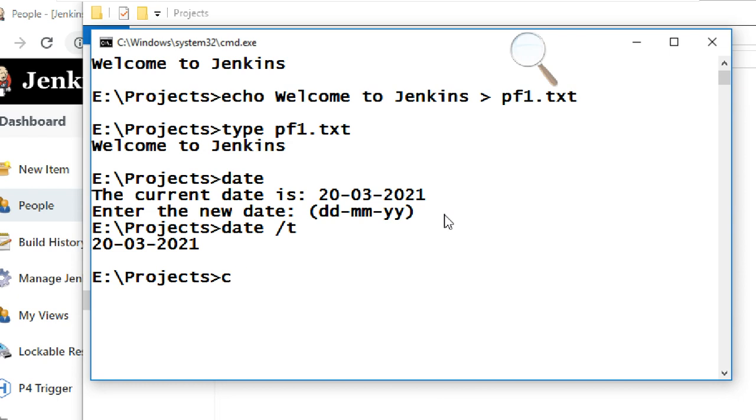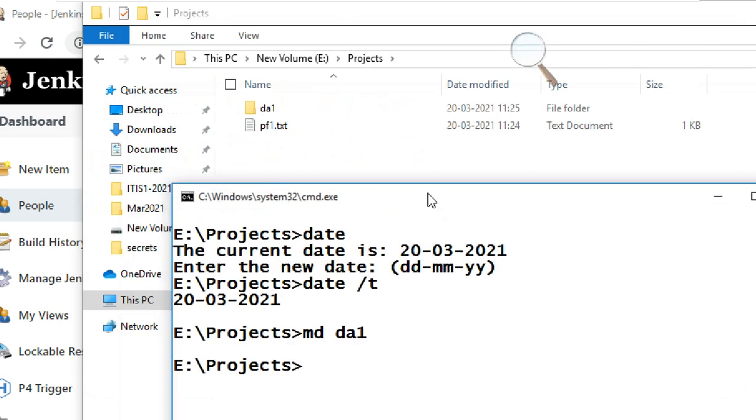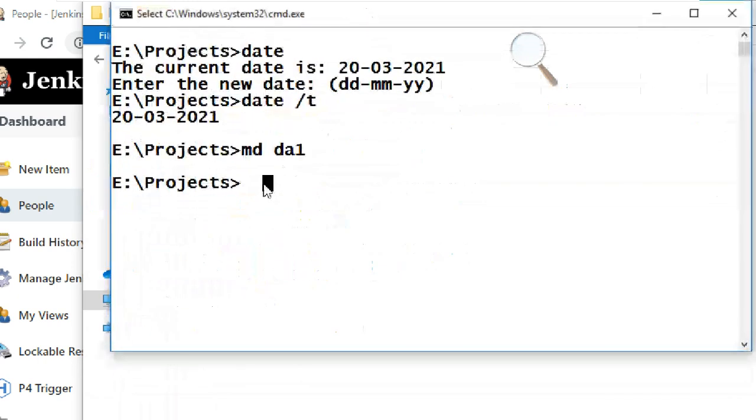Sorry. You want to create a directory also. You can create a directory with md, like da1, just for example. I created the da1 directory. So you can see here the da1 directory is created.